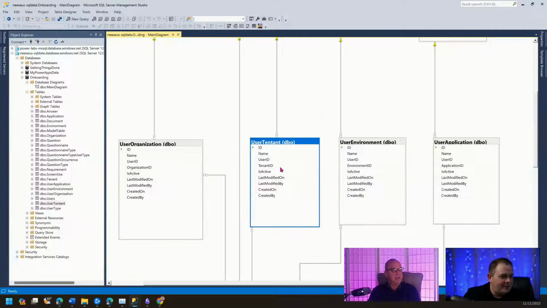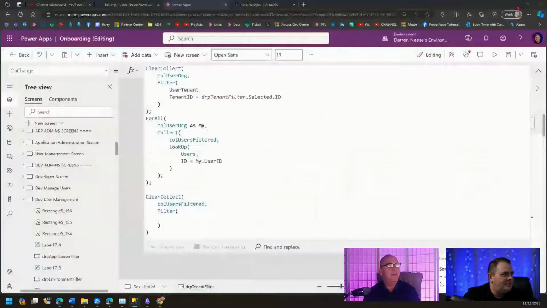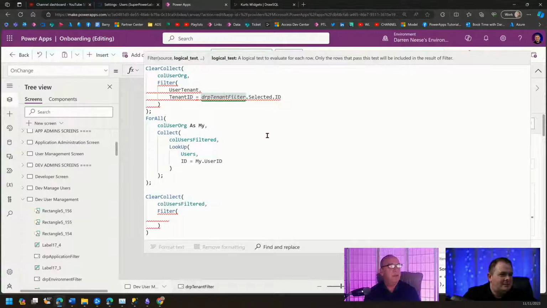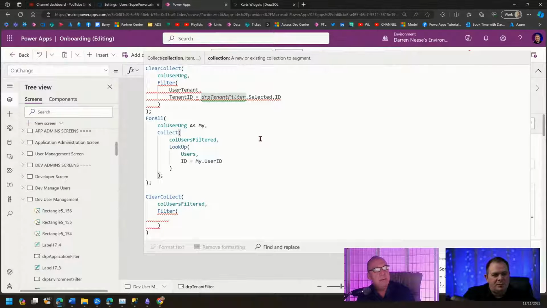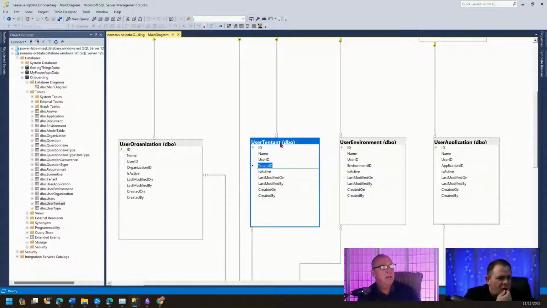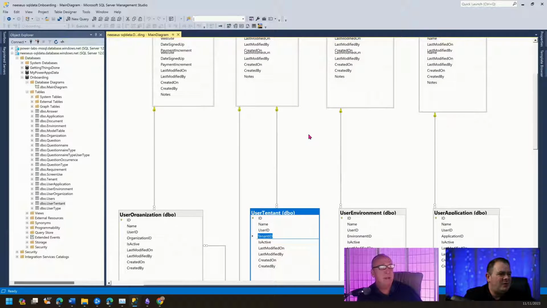All right, so we'll go back in here. Do we have a tenant ID? Yeah, it's right there. Now, did I spell it right? Tenant ID. Okay. So in the table you have user tenant you're looking for, but in the table, the hard table you're looking for is user tenant. So is that a problem in your, where do you see the misspelling? Yeah. Go back to your code over there. I don't know. Put a T there. Yeah, that's what that's